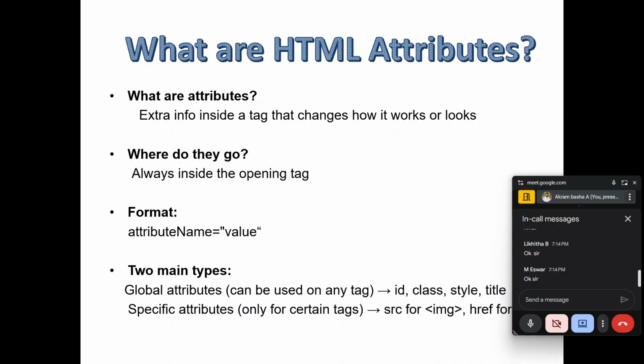If you provide any attribute, it will make changes to the particular tag. Is this clear? It will make changes to the particular tag. Attributes provide extra information to the particular tag. Okay,